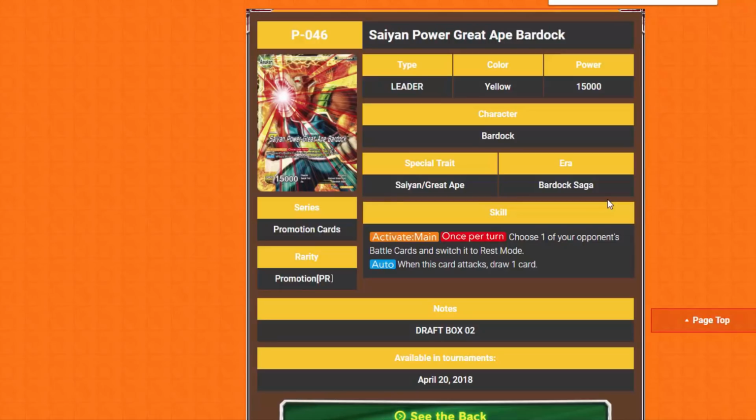And he does work kind of well with the Great Apes. I only say kind of well because yellow doesn't have many ways to accelerate energy. So getting off those Great Ape battle cards will be a little bit difficult without Mega Frieza boosting up like crazy, but for a leader for Great Apes, I would say this would definitely be the best